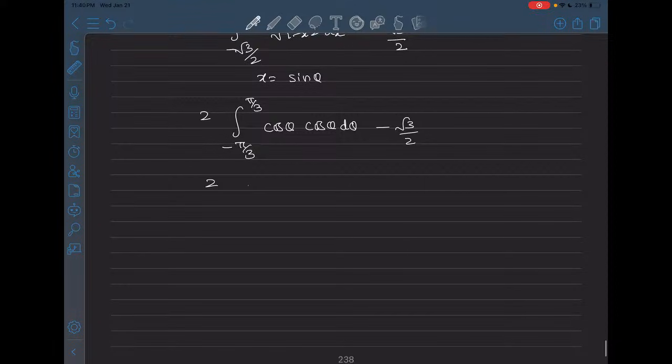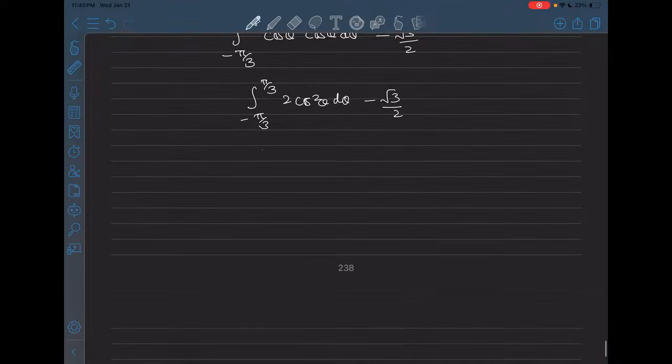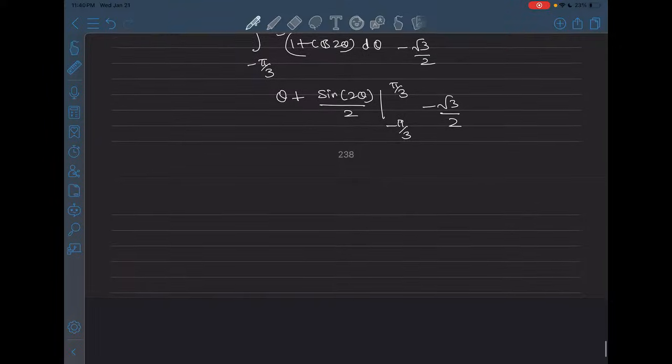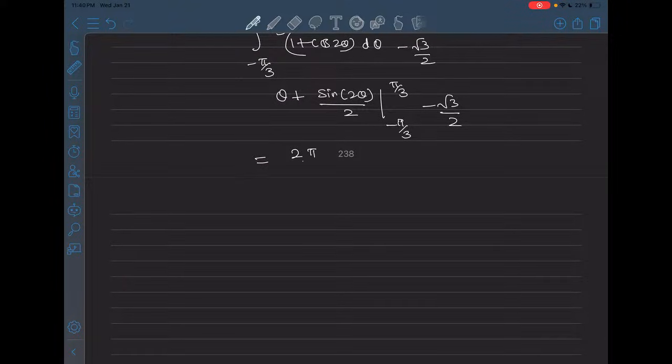So integral from minus pi over 3 to pi over 3 of 2 cos square theta d theta minus root 3 over 2. So this is from minus pi over 3 to pi over 3. So this is 1 plus cos 2 theta d theta minus root 3 over 2. So this is theta plus sine 2 theta over 2 from minus pi over 3 to pi over 3 minus root 3 over 2. So this is just 2 pi over 3